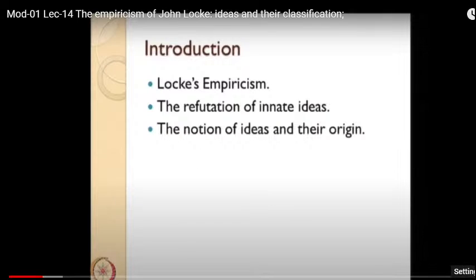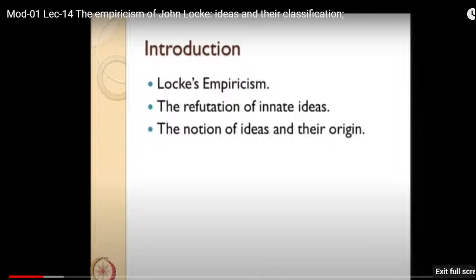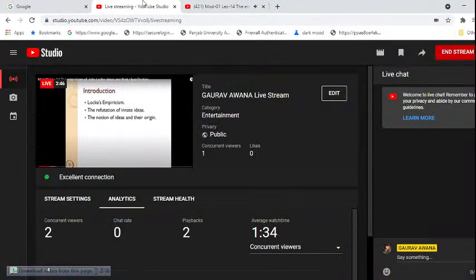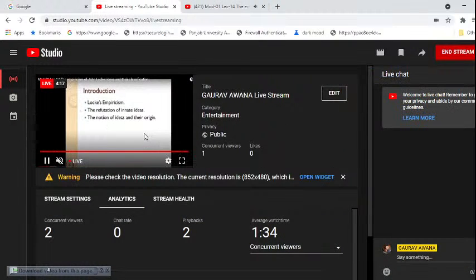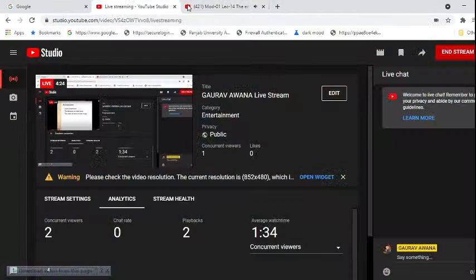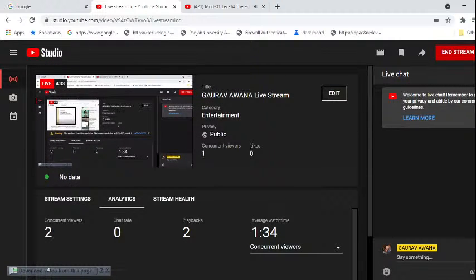Instead, he provides his own account of how knowledge is possible, and here he brings in concepts like ideas. He advocates a kind of ideation theory of knowledge, a kind of representationalism, which gives a lot of importance to experience as a fundamental source of knowledge, and the notion of ideas and their origins is extremely important in this context. Again, when he talks about ideas, he divides them primarily into two groups, simple ideas and complex ideas. So we will see that,